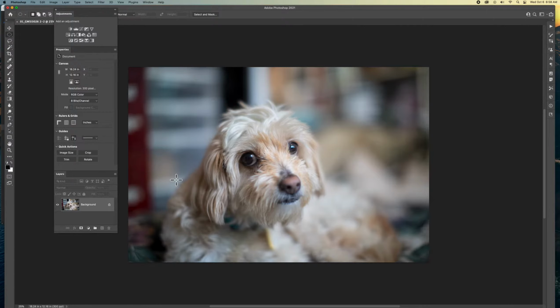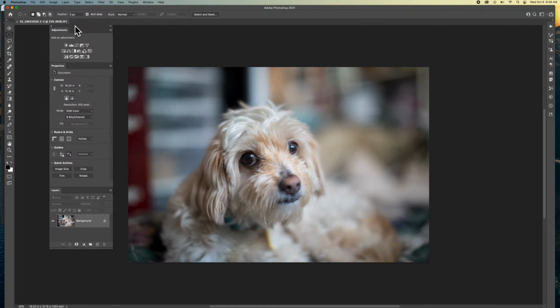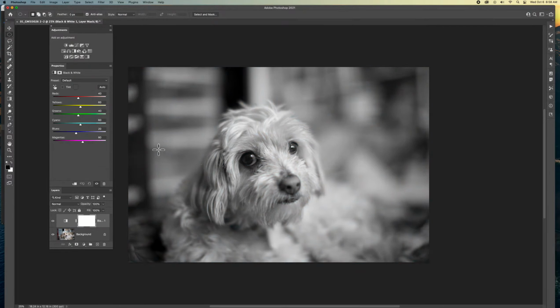The first thing I'm going to do is go to my adjustment layer and convert the image to black and white. We can see our different avenues to change: red, yellow, green, cyan, blue, and magenta. And you can play with the amount of color in each image. So I'm going to play with the reds a little bit,